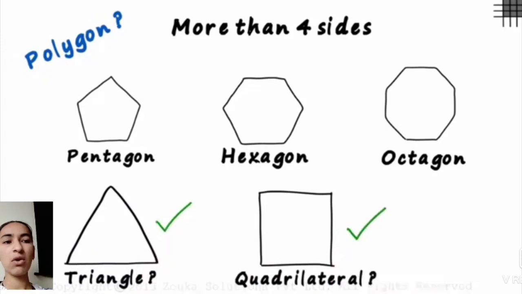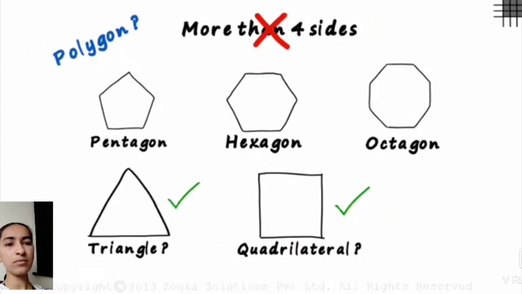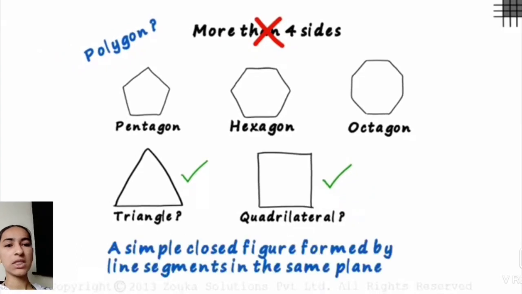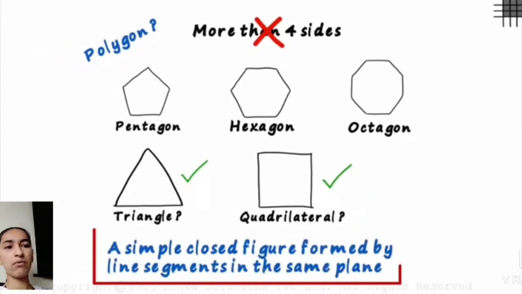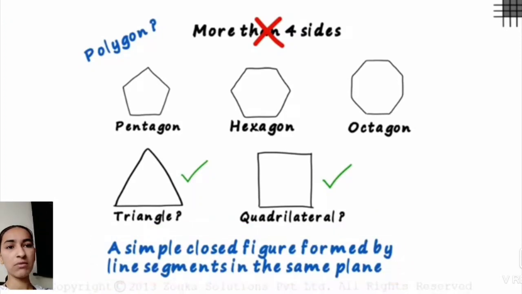What is the meaning of polygon? You can see these figures are closed figures. That means a simple closed figure formed by line segments in the same plane. If the figure is made by line segments in the same plane and it is a closed figure, then that is called a polygon. Okay students,